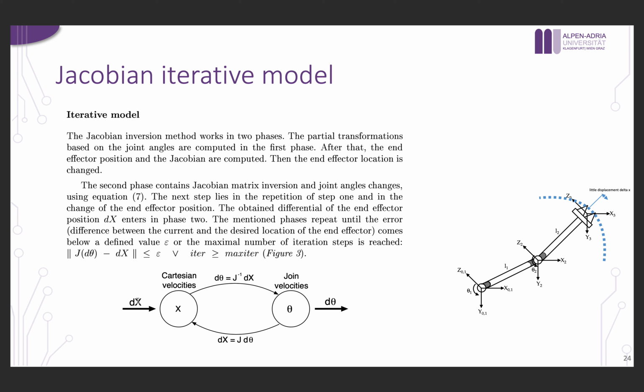If it's not perfect, then there will be some error, and what I need to do is repeat this iteration until the dx here and the dx here, the difference between them, is smaller than or equal to a defined value. Let's say I reach an error of 0.5 centimeter or meter or millimeter, depending on the machine, then that would be my threshold. Then I would accept this error and stop. Okay, so this is basically the